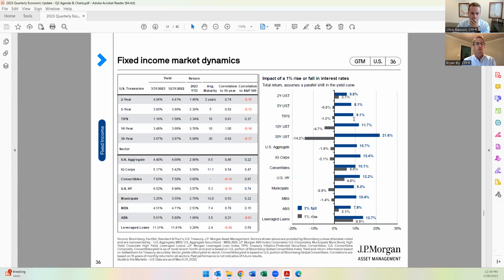I think Chris has said this before, we've got to think a couple chess moves ahead. So while we're not necessarily leaving CDs completely, we are going to start positioning